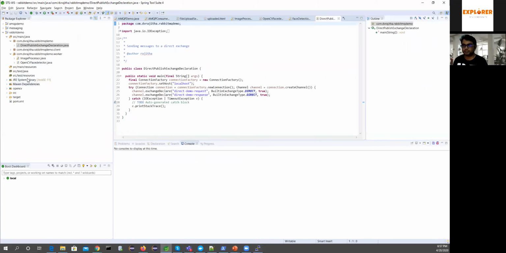This exchange is going to connect to this one, and of course I have to change the IP.